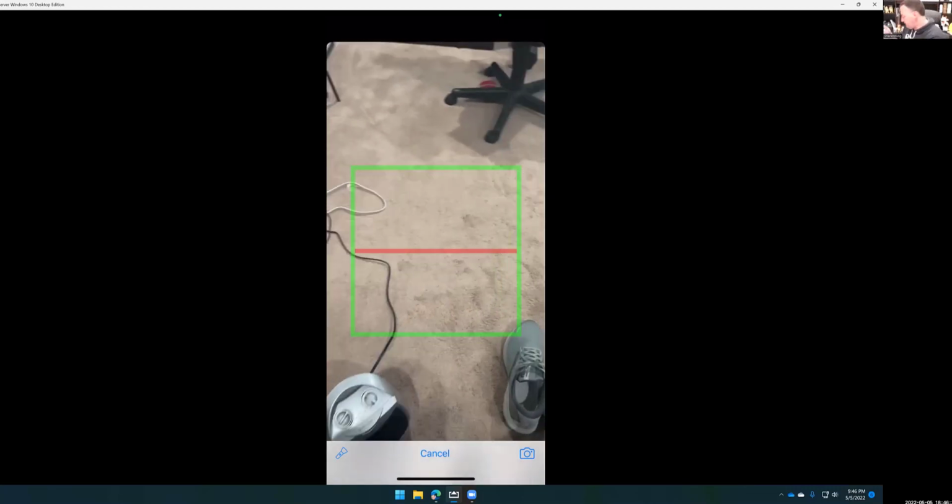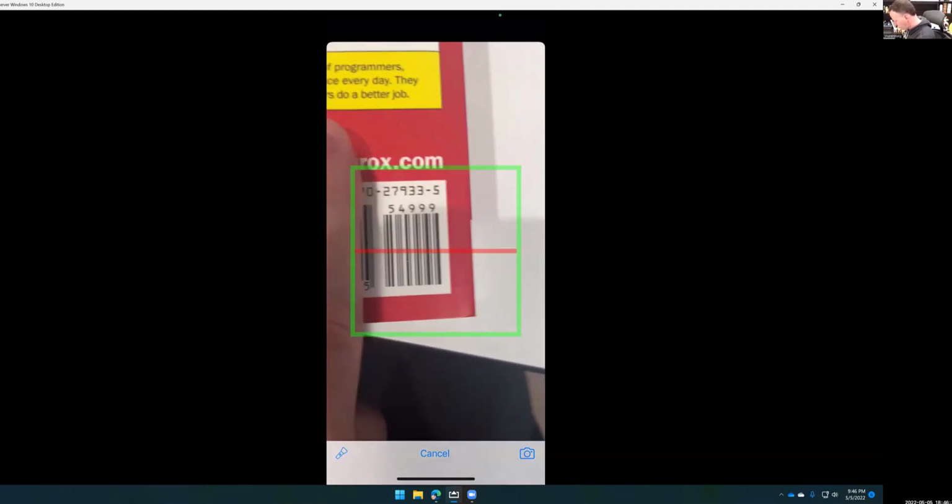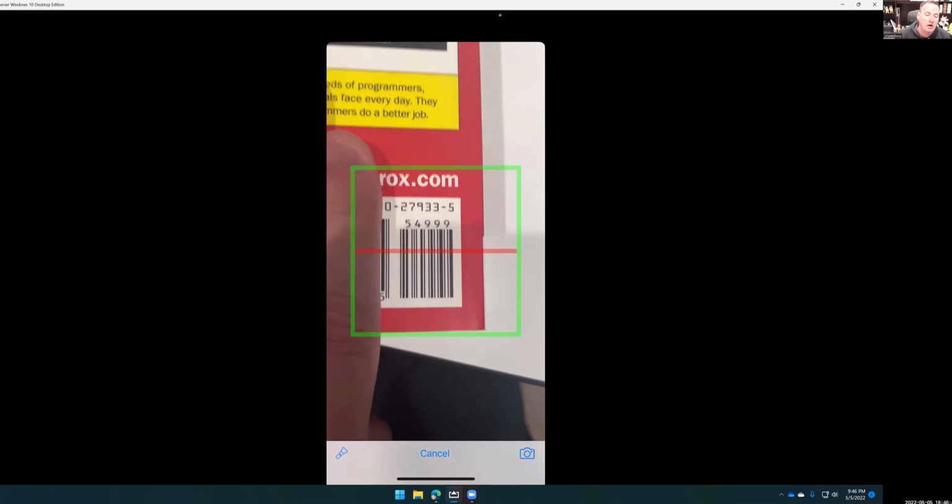Surprising it's in a format that it doesn't read. Let's try a different book. Though it's the same publisher, so probably not going to work with this one. No, I guess it does not. That's unfortunate. Now, before I would tell you for certain that it doesn't work, what I would want to do